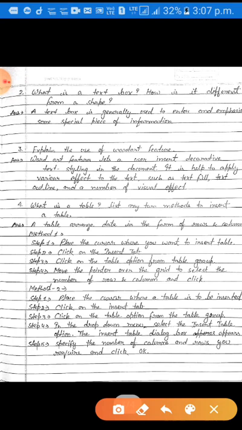Okay, now come to the question number 4. Question number 4 is, what is the table? List any two methods to insert a table. So dear students, the answer of this question is, a table arranges data in the form of row and columns. Okay, there are two methods to insert table in our document. Method first is,